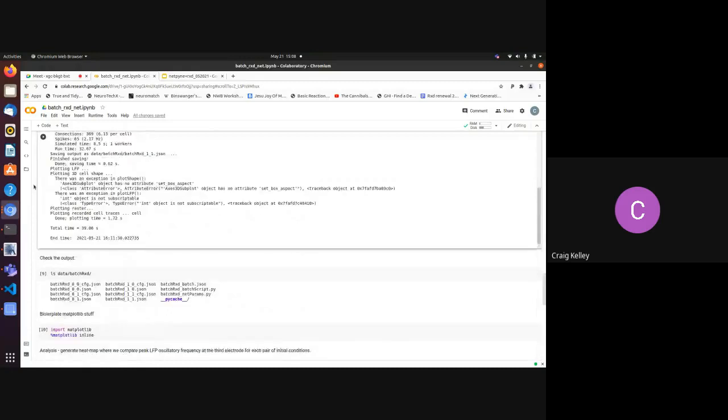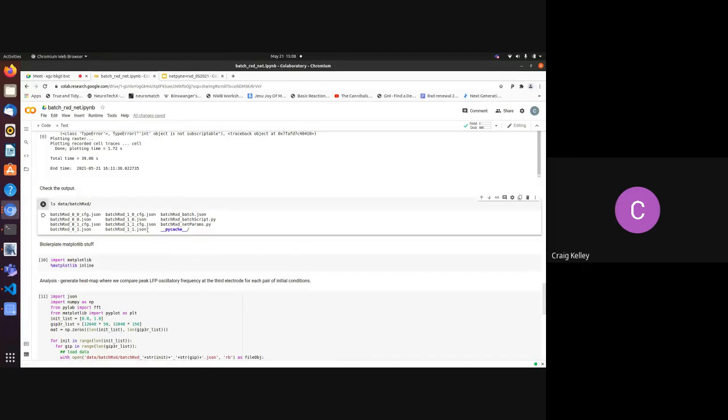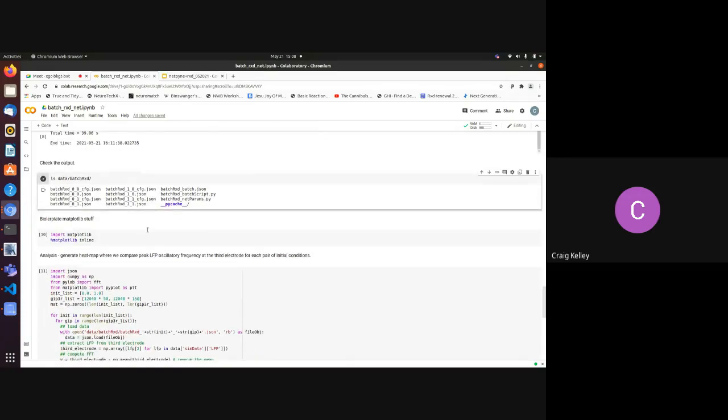Things seem to go well. We can check the output. So we've saved the configuration files and the data files. The ones that don't say CFG are output data. And